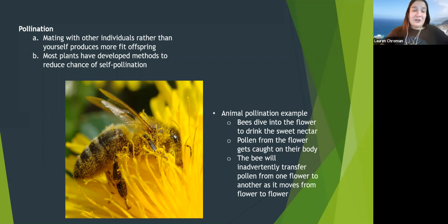Some pollinators are a little bit more dramatic. In some of our local deserts, especially to the east of us, there are some types of cacti that are only pollinated by bats. Bats, however, are not really evolved to make delicate landings on flowers, and these flowers do make an awful lot of pollen. So, what happens is you have a bat pretty much face planting at full speed into a flower,